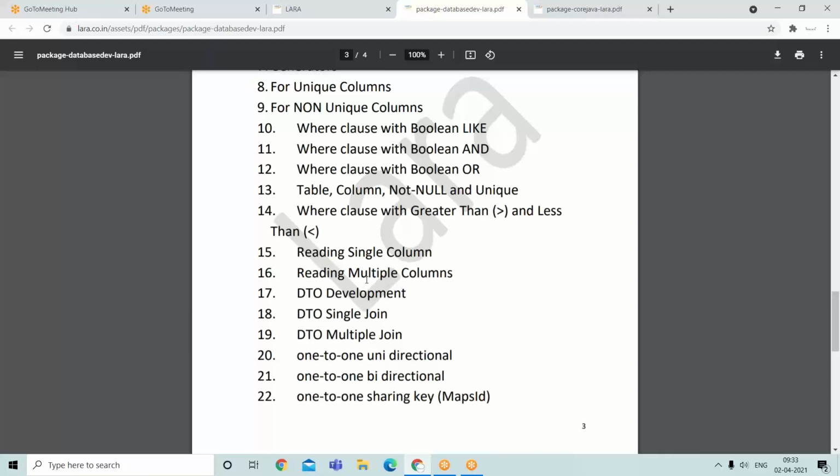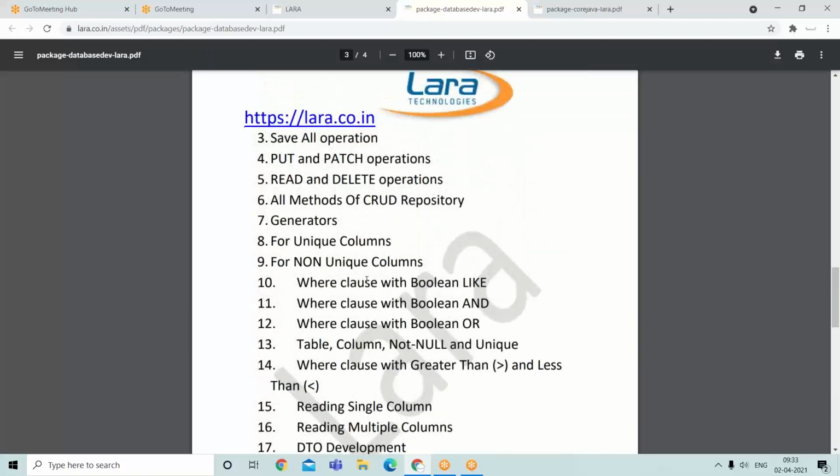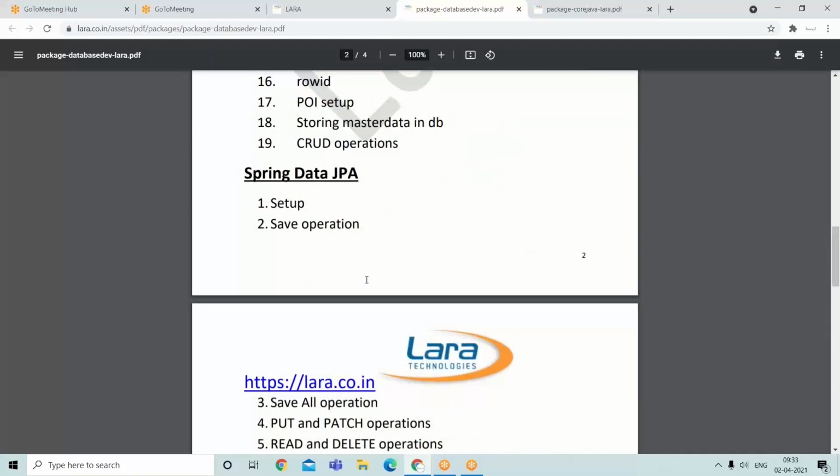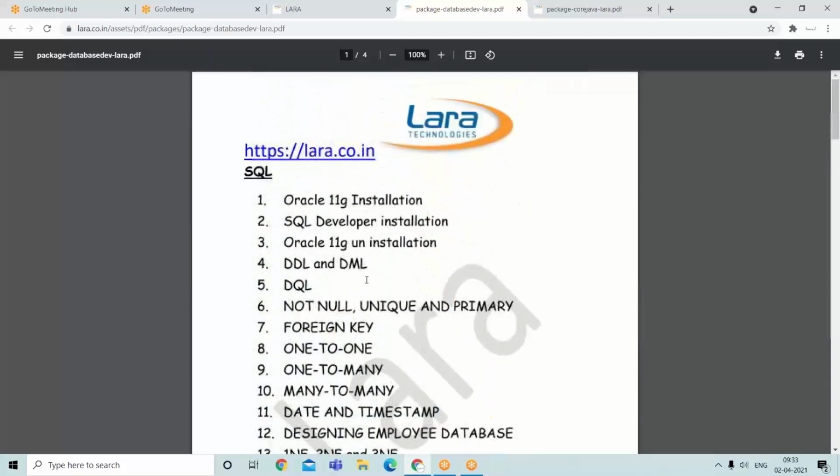Spring Data JPA module, so this module internally uses Hibernate. So each and every concept I have clearly covered in this particular package: SQL, JDBC, Spring Data JPA.